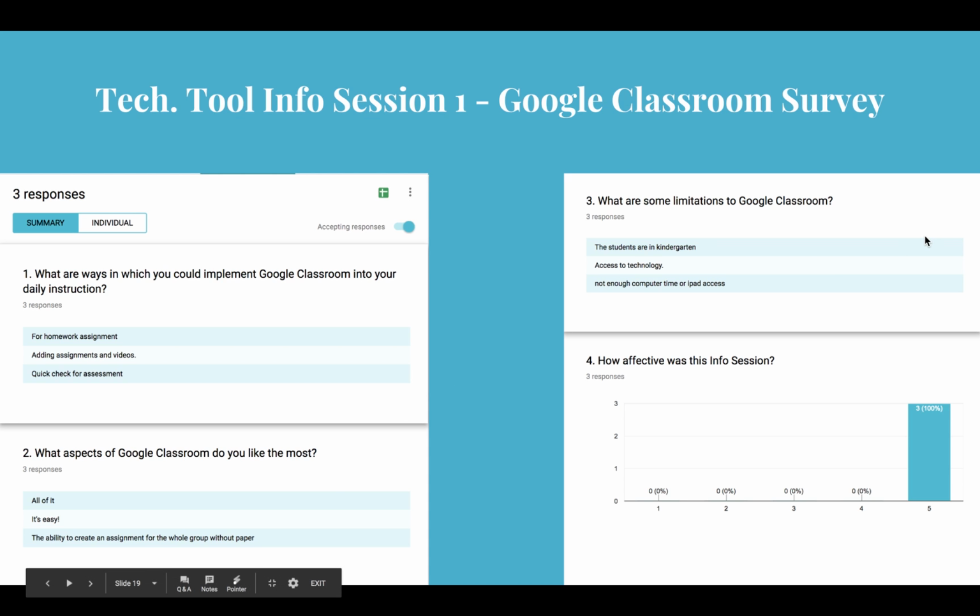The limitations to Google Classroom, the responses that I received were very real, because the students are in kindergarten. Unfortunately, students in kindergarten's access to technology is very scarce. They visit the computer lab maybe twice a week. So that, going into the next one, access to technology is